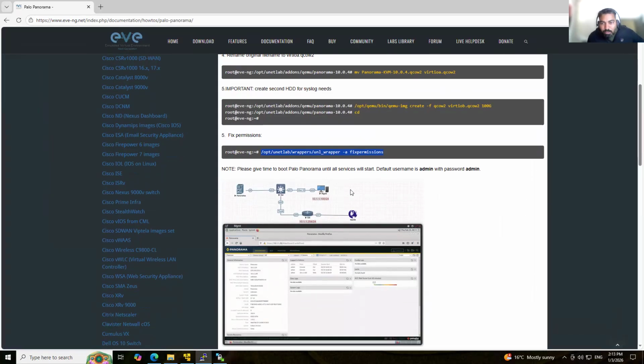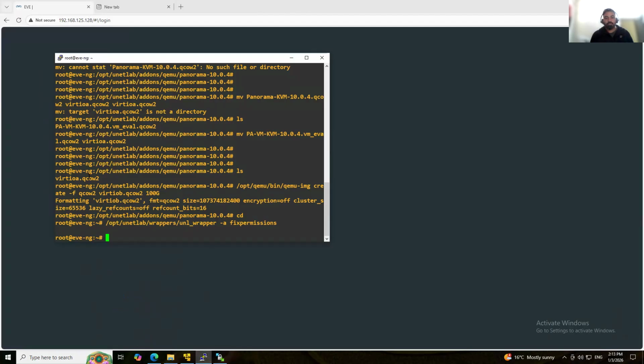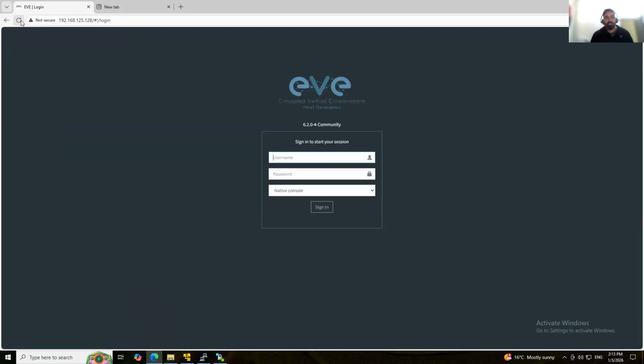Okay, that's all I have to do. Now I can start Panorama. Let's verify whether I am able to start it or not. So fix file permission is already run.